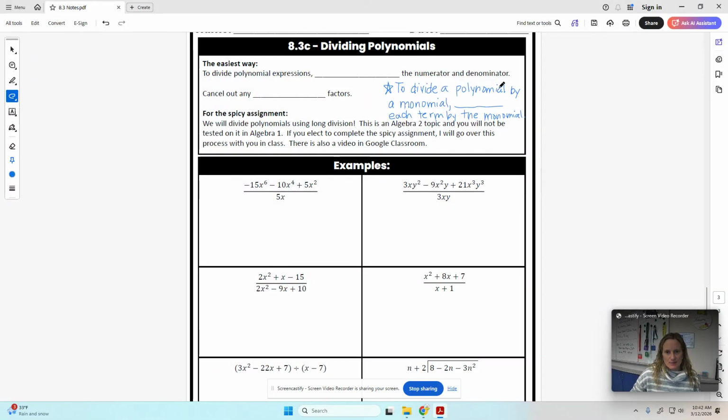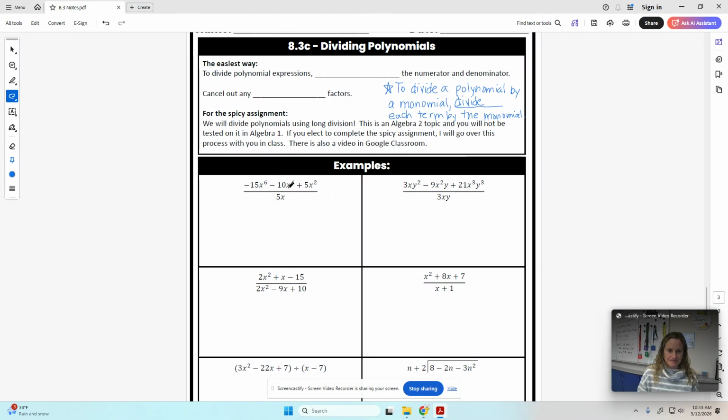If we're going to divide a polynomial by a monomial, in other words, we've got multiple terms on the top and a single term on the bottom, a monomial, we're going to just simply divide each term individually by that monomial. And that all goes back to fraction rules, that I could write this as negative 15x to the sixth over 5x as its own fraction minus negative 10x to the fourth over 5x as another fraction plus 5x squared over 5x as a third fraction. So just kind of fraction rules there as to why we just divide each term on the top by the